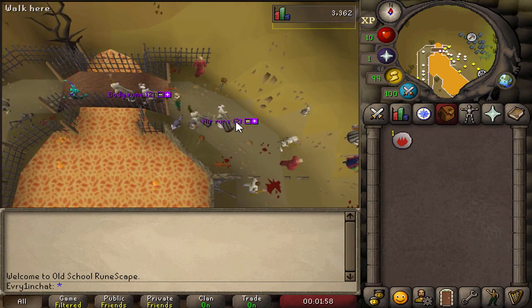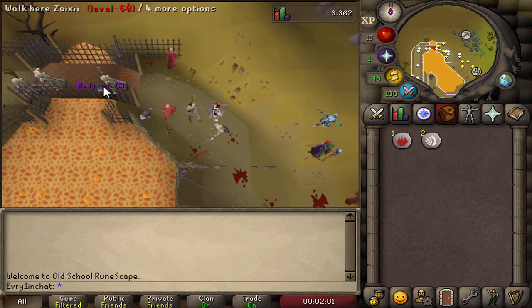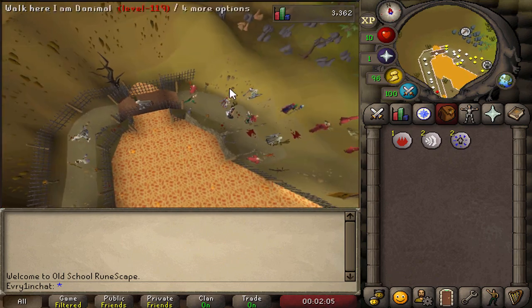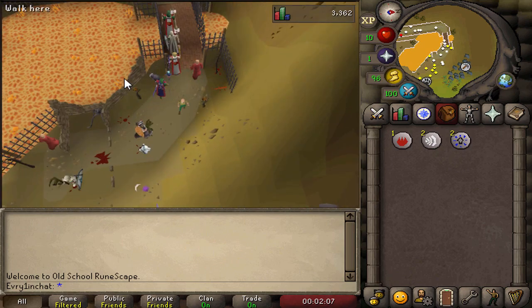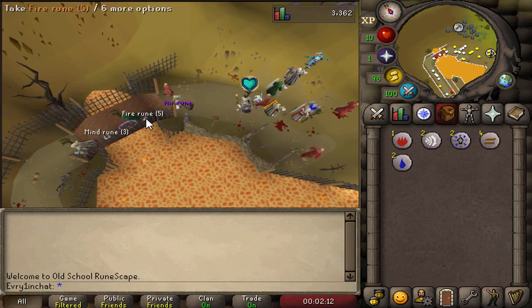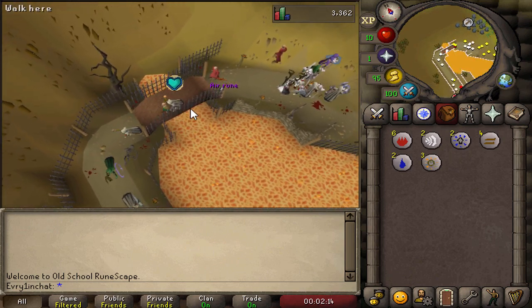Now, if you guys didn't know, the Iranian Altar actually gives you many different types of runes when you craft your pure essence. Now, while most people will keep the high value runes, there are some people that will drop runes like astrals, cosmic, nature runes, death runes. These all add up to a decent amount of money when you pick them up. All you have to do now is just wait about a minute and you'll start to see the runes appear